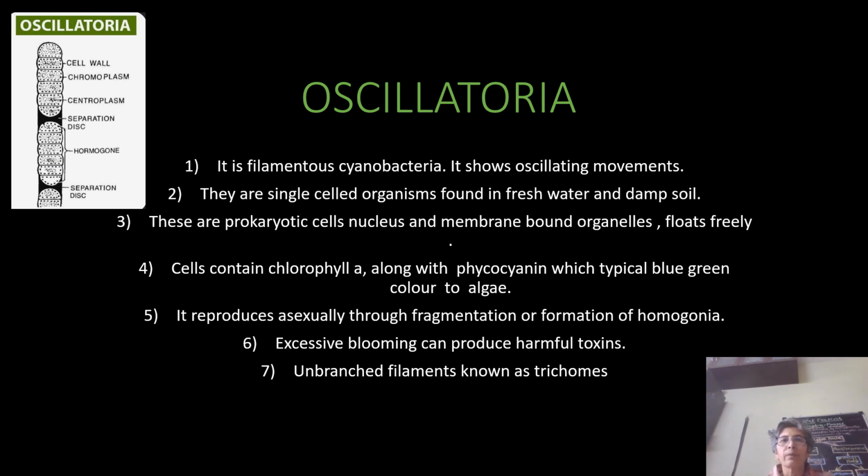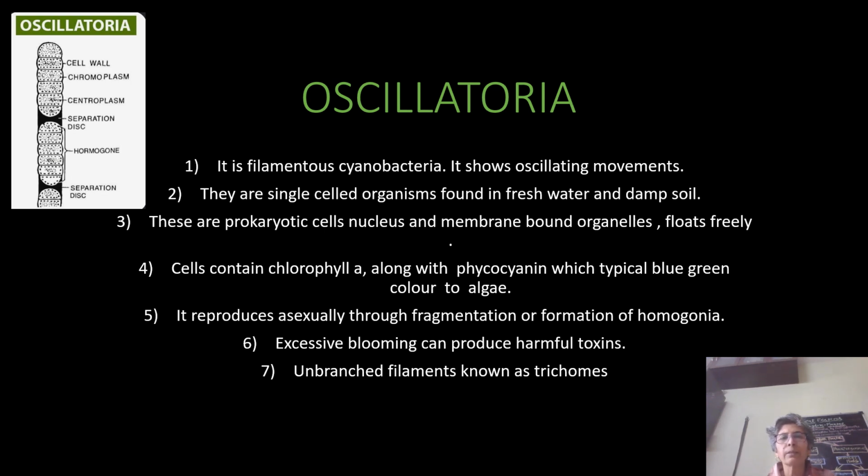Okay. The number one specimen is Oscillatoria. The features are: it is a filamentous cyanobacterium. It shows oscillating movements. They are found in fresh water and damp soil. These are prokaryotic cells. Nucleus and membrane-bound organelles are absent, and the genetic material floats freely,